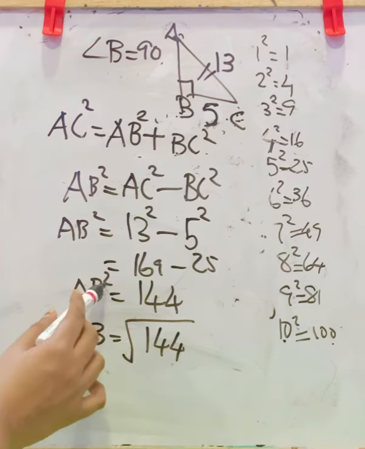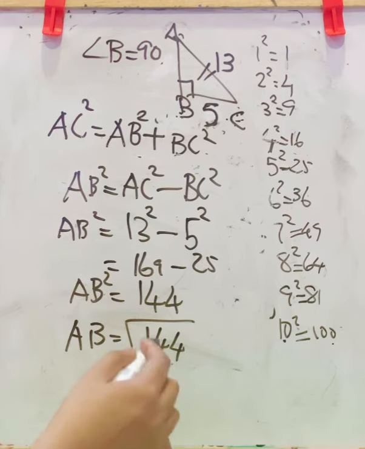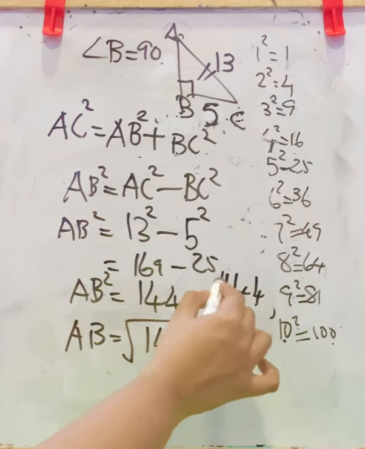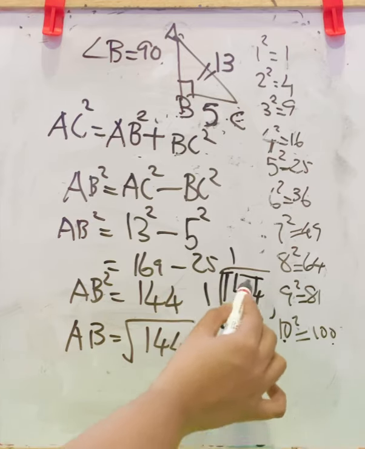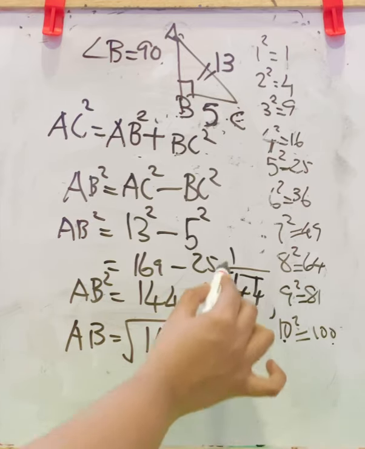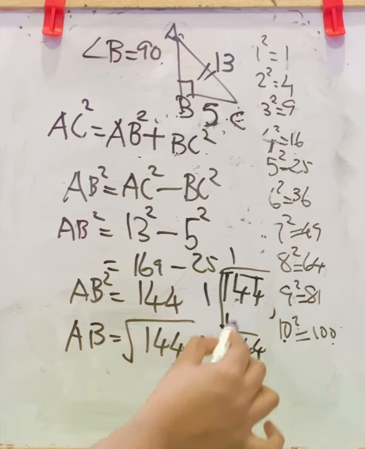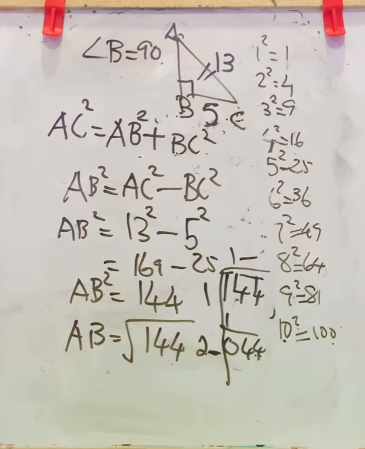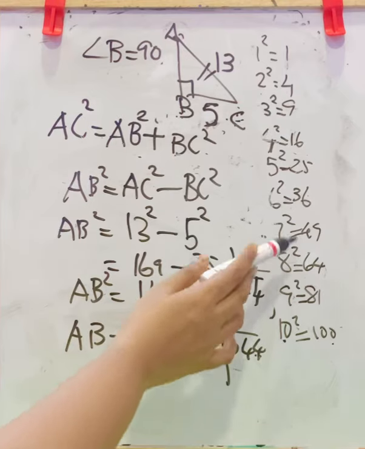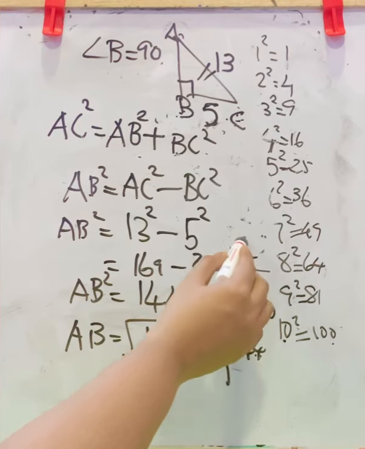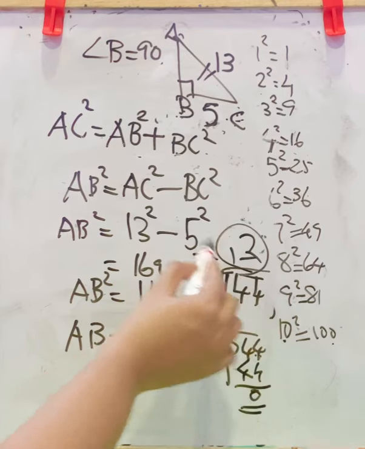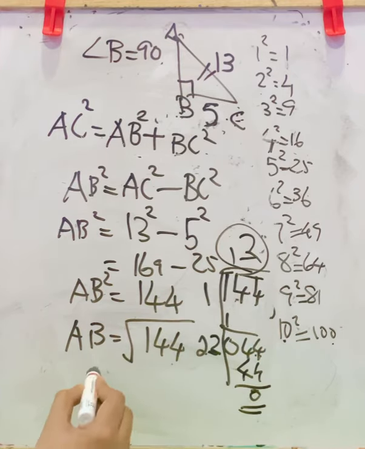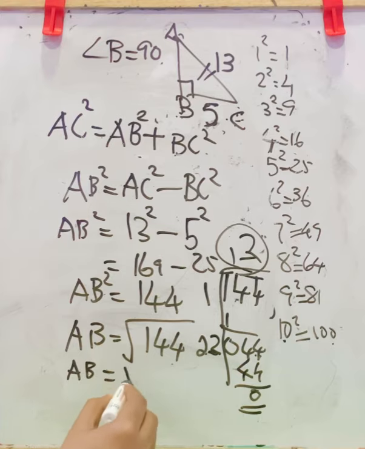To cancel this square, take the square root here. So 144 by division method, pair it. 1 ones are 1, balance 0, carry down this 44. Double this 1, it becomes 2, dash into dash. Here ending with digit 4 means either it will be 2 or 8. First we will try with 2. 22 into 2, 44, 0. So what is the square root of 144? AB equal to 12. That is 12 centimeter.